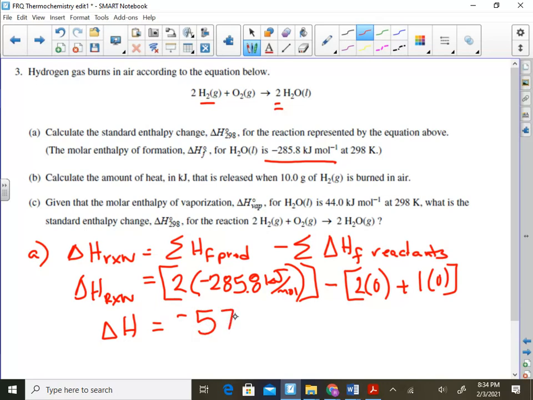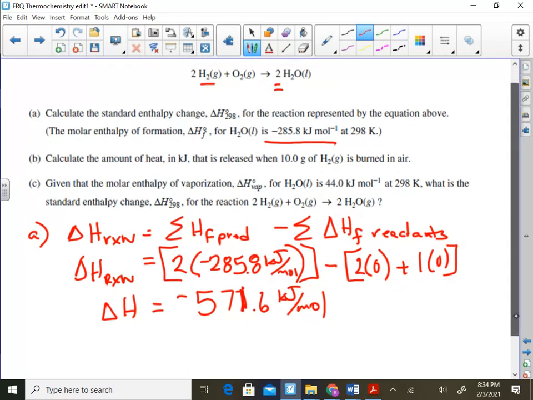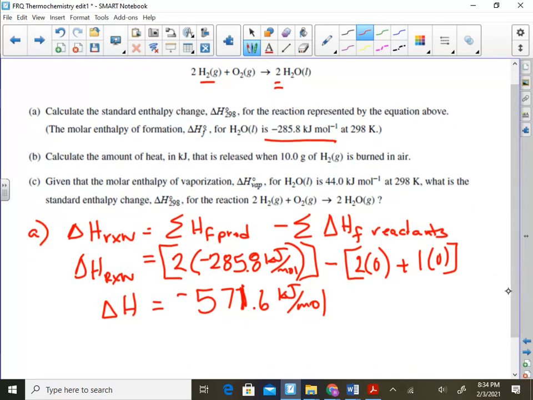And so the heat of reaction, delta H for that reaction, is negative 571.6 kilojoules per mole. So there is number A, 1 point for the setup and the answer. Part B,